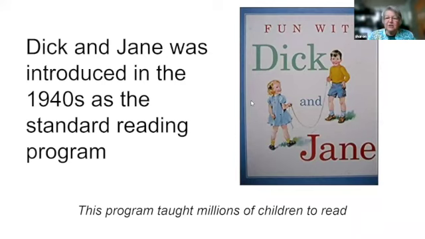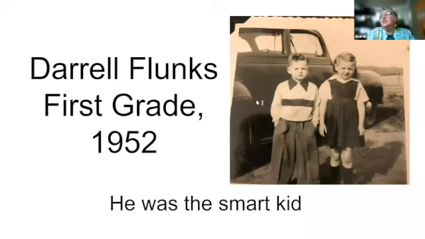Well, we're going to leave Dick and Jane, and we'll go to Darryl and Sharon. That's myself and my younger brother, who's younger by only 11 months. So we were in the same school. I started school a year ahead of him, and he flunked first grade. And my mother told me that they didn't understand why Darryl flunked first grade. He was the smart one of the two. She did say I was the cute one, but he was the smarter. He was the more brilliant of the two of us. And he flunked first grade.